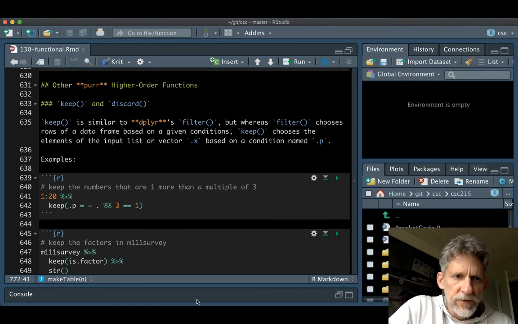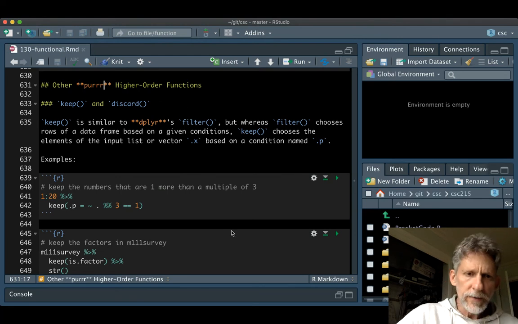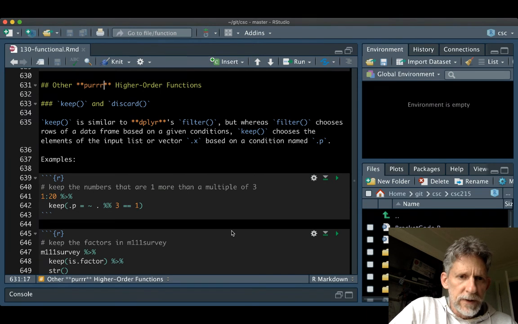Chapter 14, Section 4, introducing you to some other higher order functions from the purrr package. Notice there's a typo. We actually saw keep in the last screencast, but let's go ahead and introduce it formally along with its